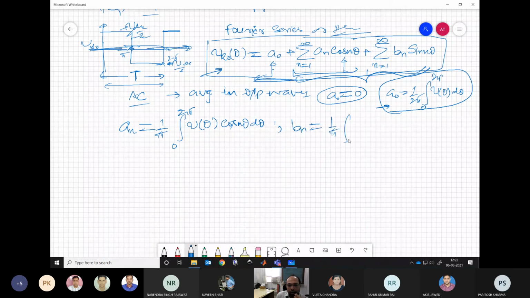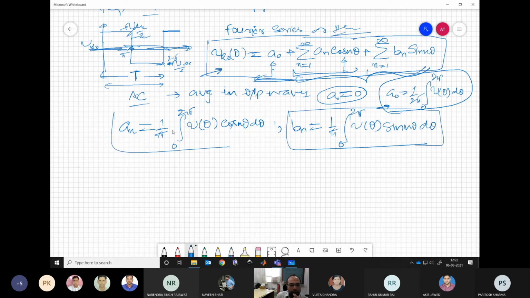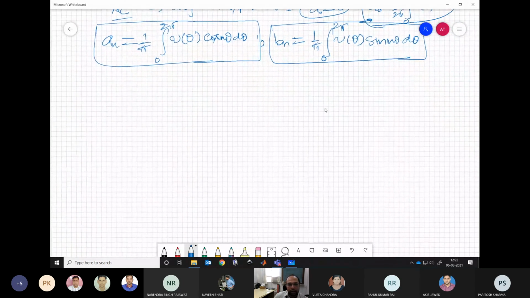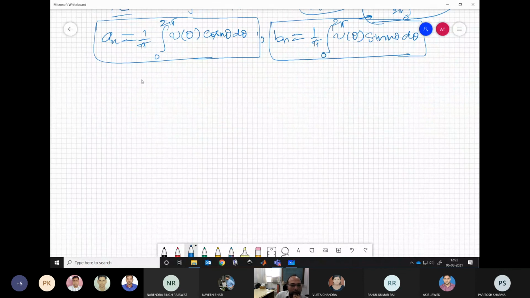If you want to derive them, you can go ahead and look through some literature and derive how these things come up. But what this is basically saying, we will understand. Let us say V theta is a signal which has only a fundamental component, let's say some K1 cos theta and K2 sin theta. So basically a fundamental voltage which has some phase shift. So it has both the sine and cosine components.